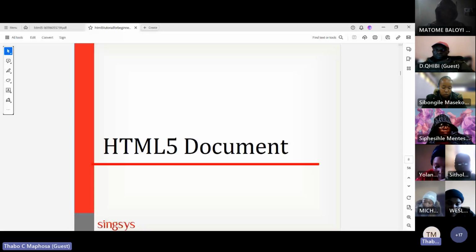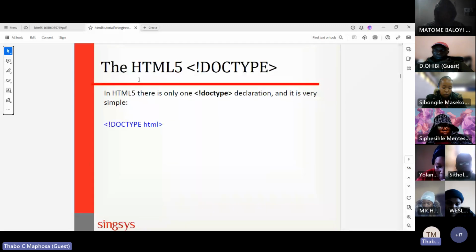HTML5 documentation. There are certain things that we need here. Under HTML5 documentation, the HTML5 doctype, there's only this declaration that you have. I'm pretty sure when you guys did HTML, the very first thing you used to write was this part here.